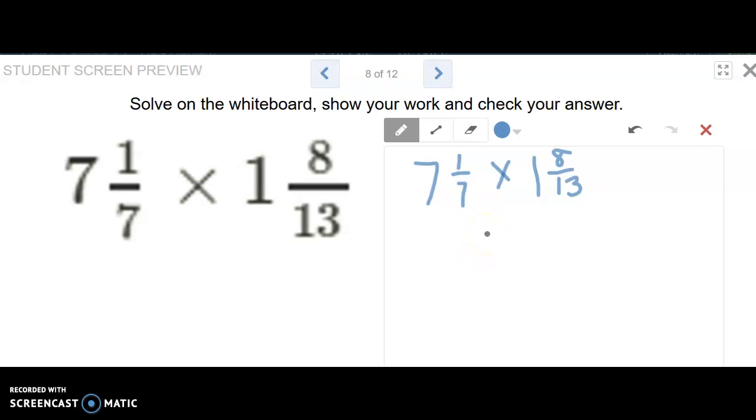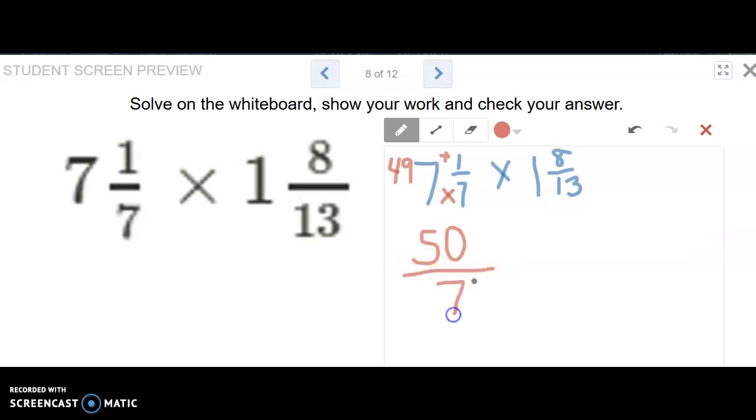I cannot multiply mixed numbers, so I have to change my mixed numbers into improper fractions. So let's take a minute and do that. I'm going to multiply the denominator times the whole number. So 7 times 7 gives me 49. Oops, that's a terrible 4. Let me redo that one. Sometimes, you guys know, it's hard to write on these whiteboards. 49. And then I'm going to add my numerator 1 to the 49, so I get 50